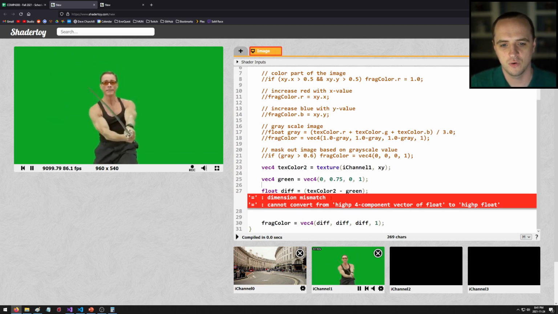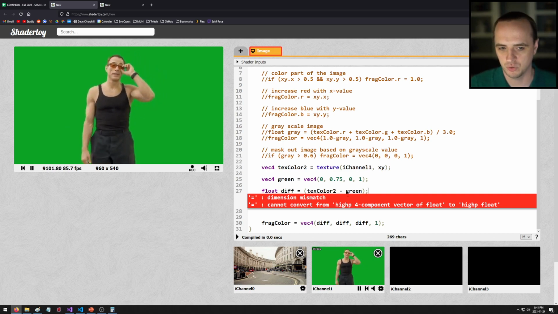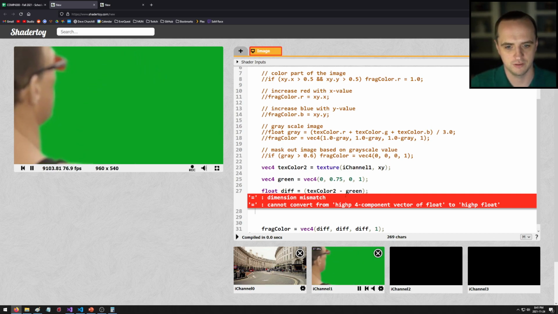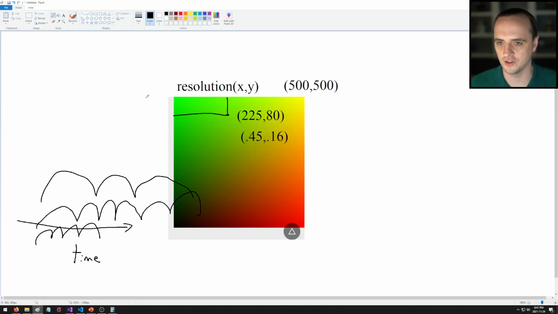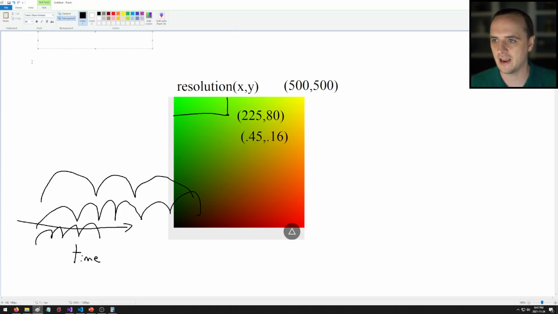Oh, so this is the vector difference between these two things. What I want to do is, once I've gotten the difference in the vectors, let's give you an example of this. So let's say I have one vector, which is